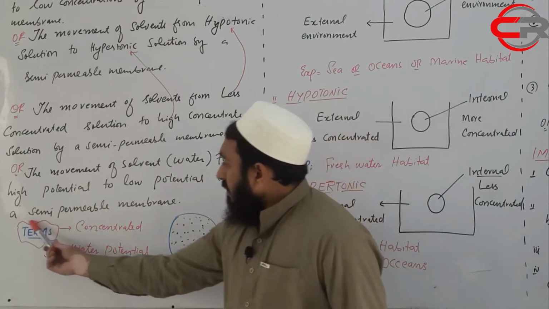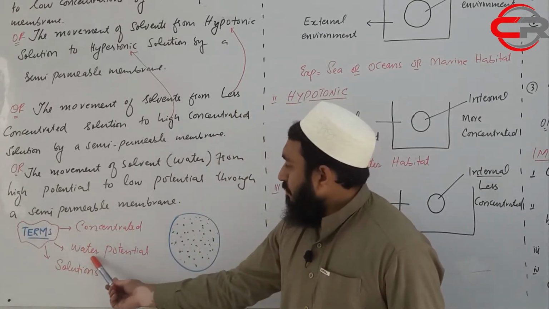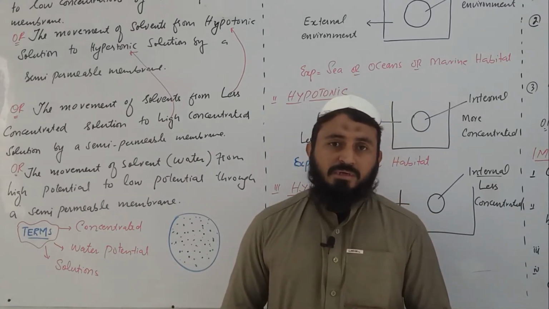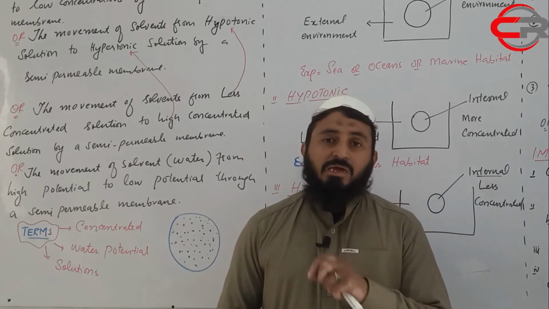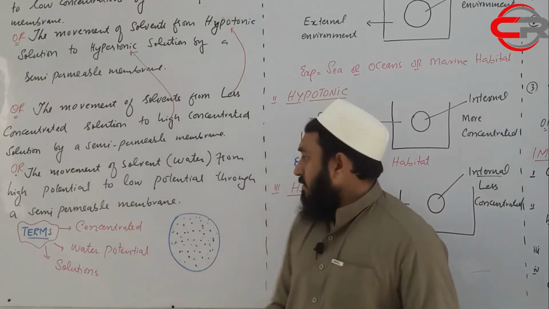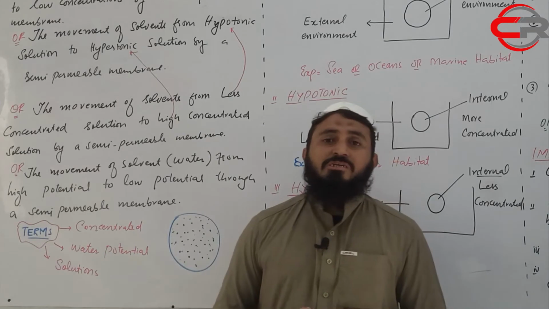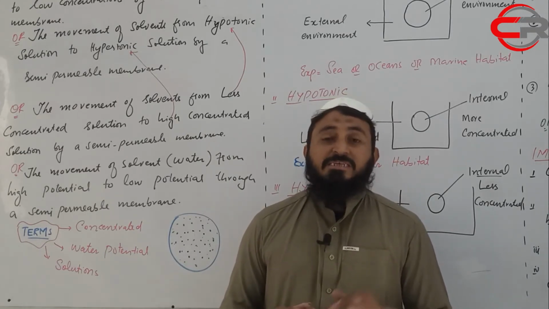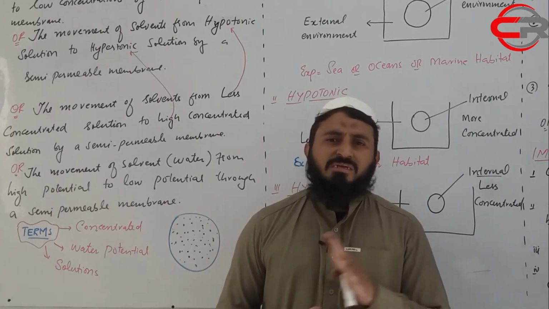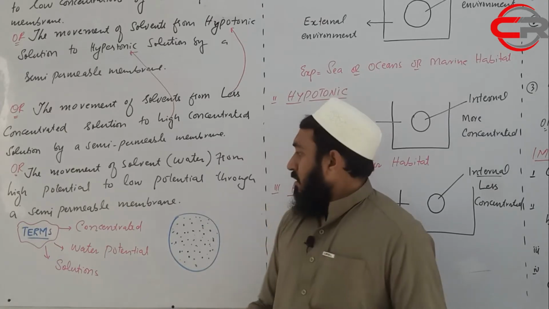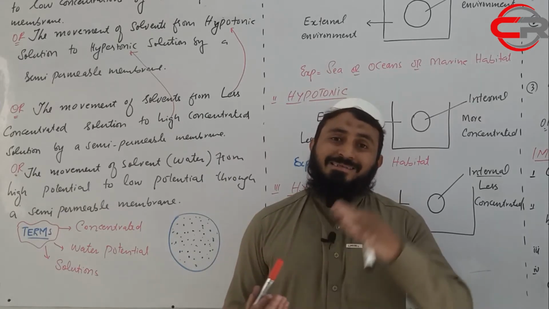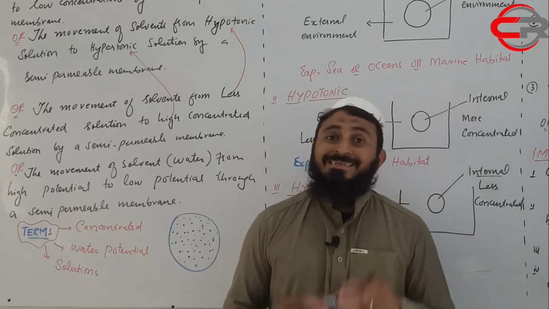So I have explained certain terms: concentrated, water potential and solutions. Here the solutions mean isotonic, hypertonic and hypotonic solutions. I have discussed hypertonic and hypotonic. I will explain it in the next slide. Water potential: water potential means the tendency of water, that is pure water that contains only hydrogen and oxygen, not other substances, not other solute particles. Such water has a high capability to move from its high concentration to low concentration, which is called its water potential.